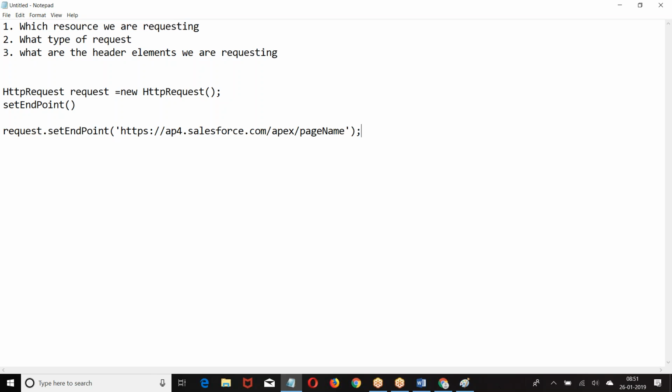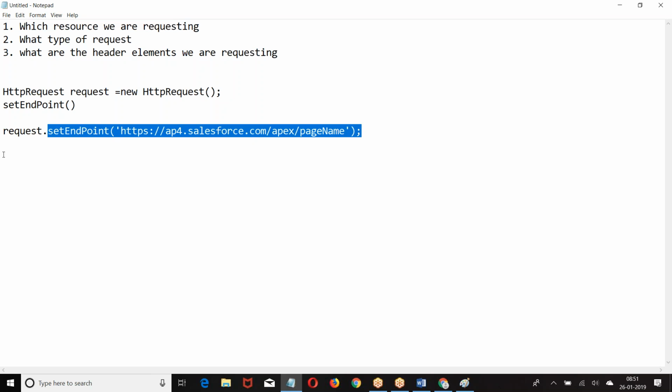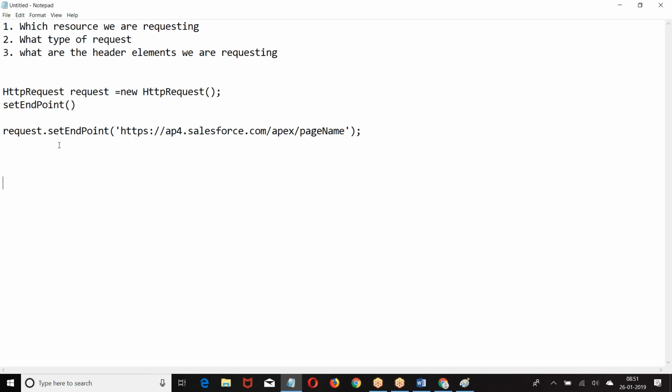SetEndpoint specifies the URL of the resource to which you are making a request.